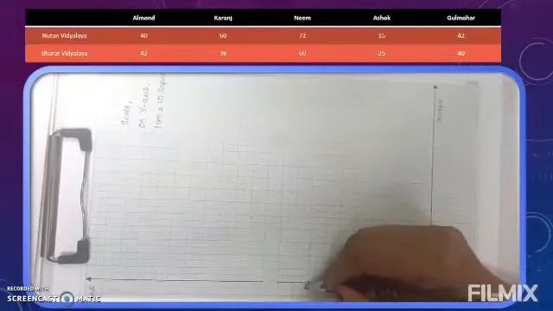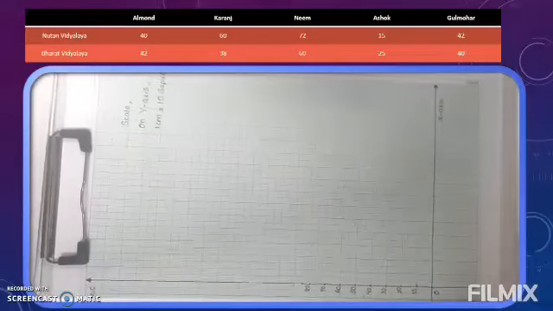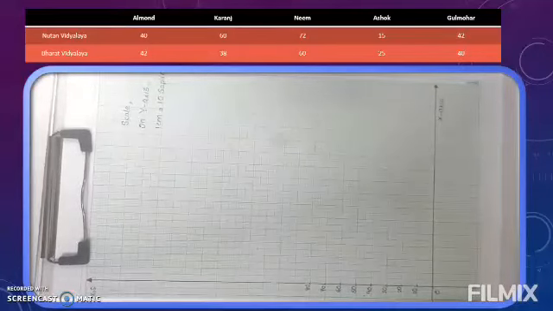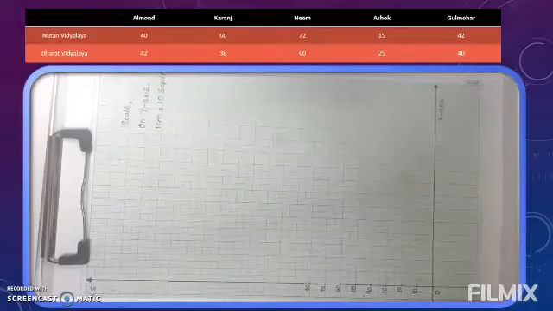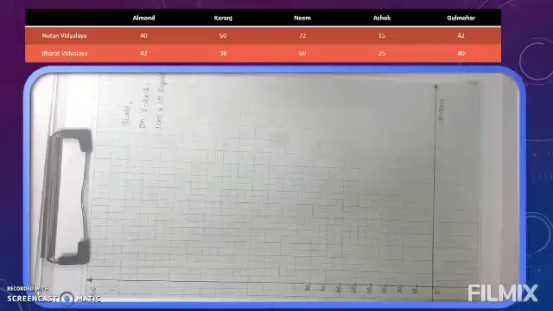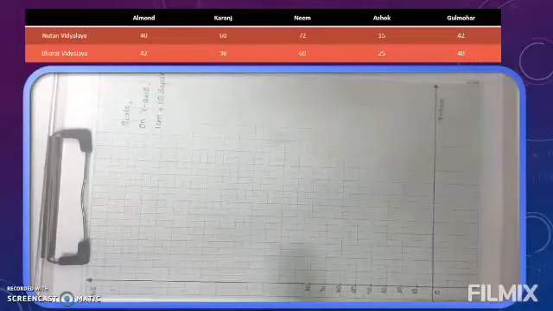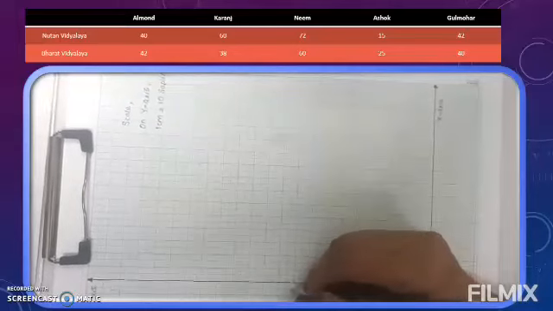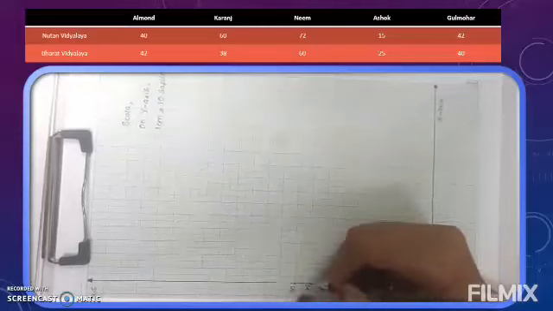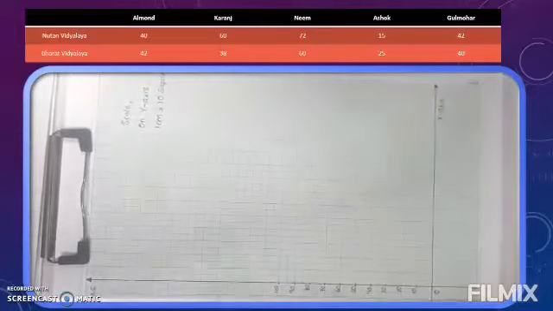Now you will think, teacher, till what number should we write? Okay, so we will again check the numbers. For that we will check which is the biggest number given in the table. If you go through all the numbers, you will see that 72 is the biggest number. So you can stop at 80 or stop at a round figure like 100. So I am stopping at 100: 80, 90, then the next darker green line, I am stopping at 100.